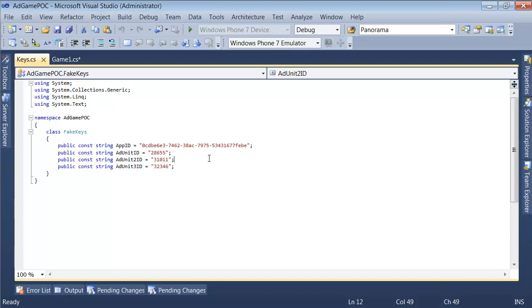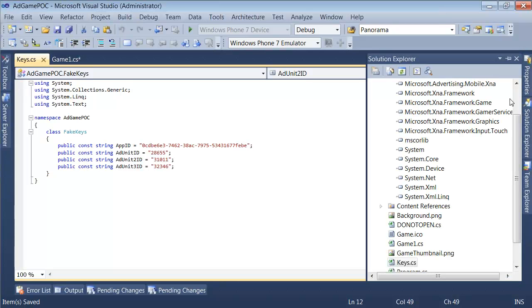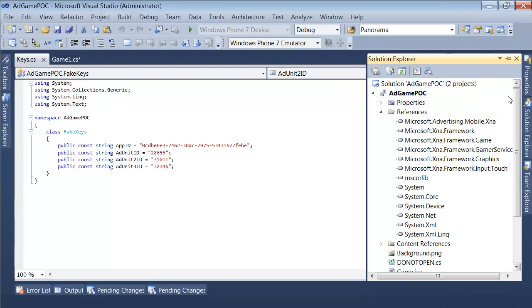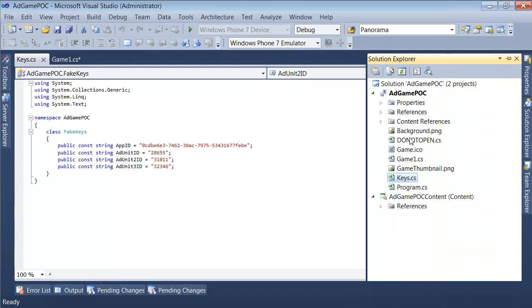But other than the fact that they're fake, this is a good way to do it in your app, is you can isolate this piece from your game class, and then as you add in new ad units and you tweak various attempts to figure out the perfect blend for your advertising, you can just change it all in here without having to dig into your game class. And so I actually have a different class which contains my real keys right here under do not open, which obviously I'm not going to open. So once we have these in place,